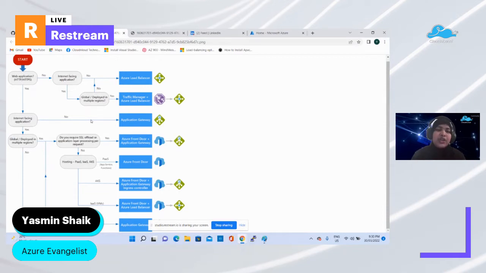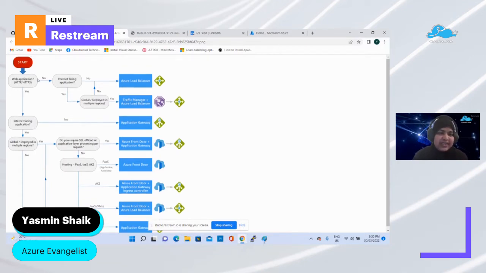And also you need to decide whether you want to enable SSL offload or not. Based on all these scenarios or specifications, you have to decide which load balancer to use.